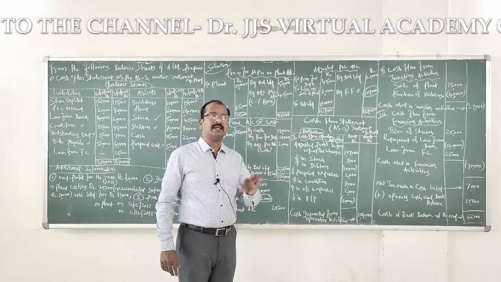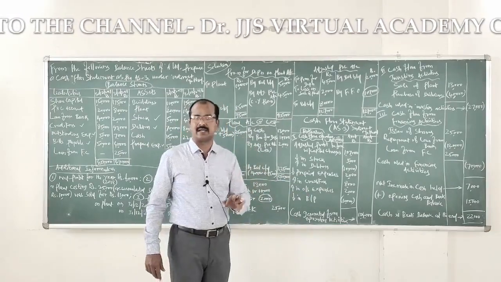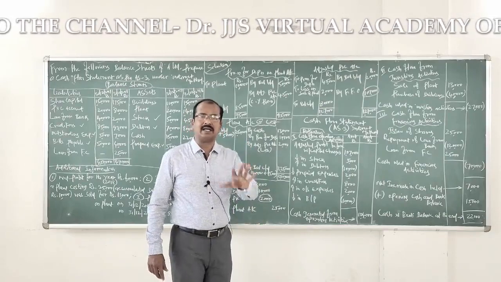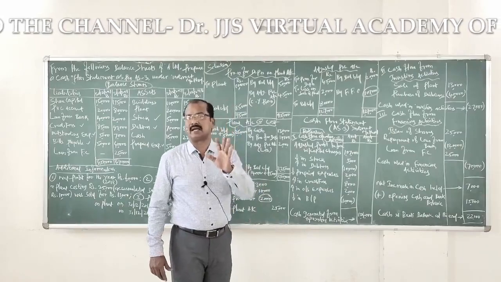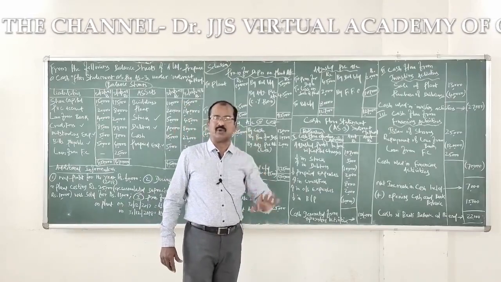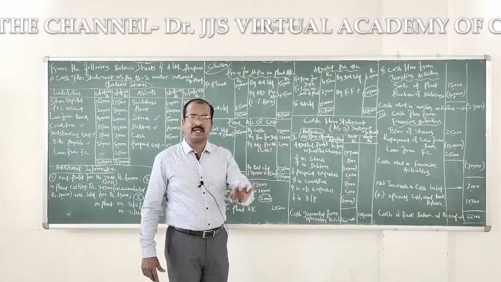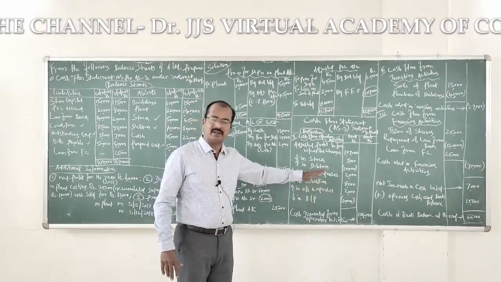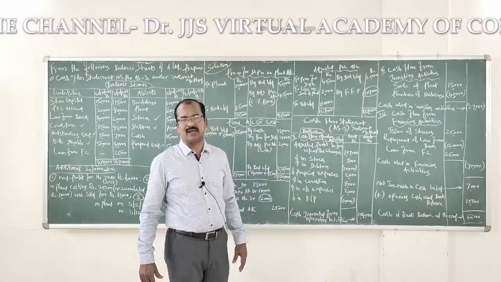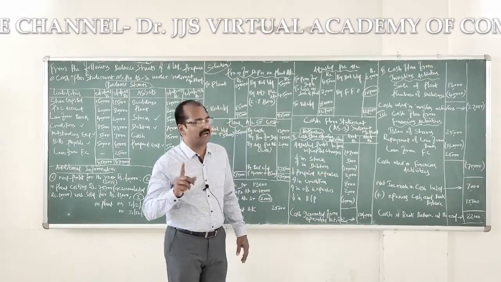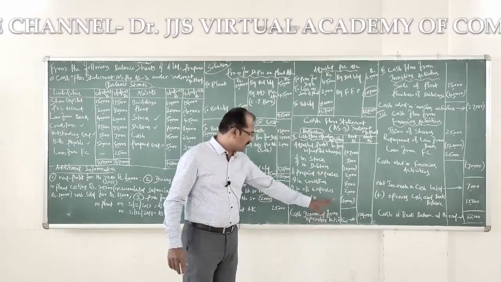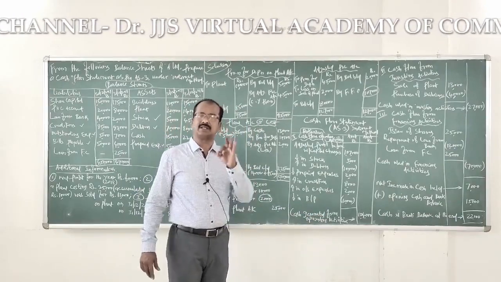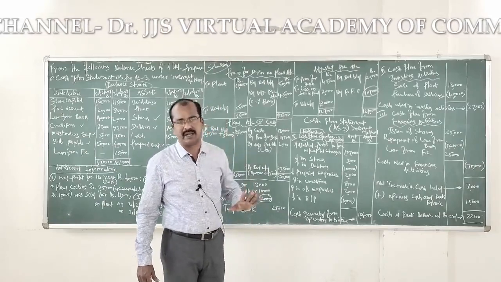If you want me to explain, increase in the current asset leads to cash outflow. Decrease in the current asset leads to cash inflow. Increase in the current liability leads to cash inflow. Decrease in the current liability leads to cash outflow. Following the four formulas, I have recorded the changes in the values of current assets and current liabilities, excluding cash and bank balances. Now, what is the result of all this? It comes to 1,04,000 rupees, a positive value, which is nothing but cash generated from operating activities.